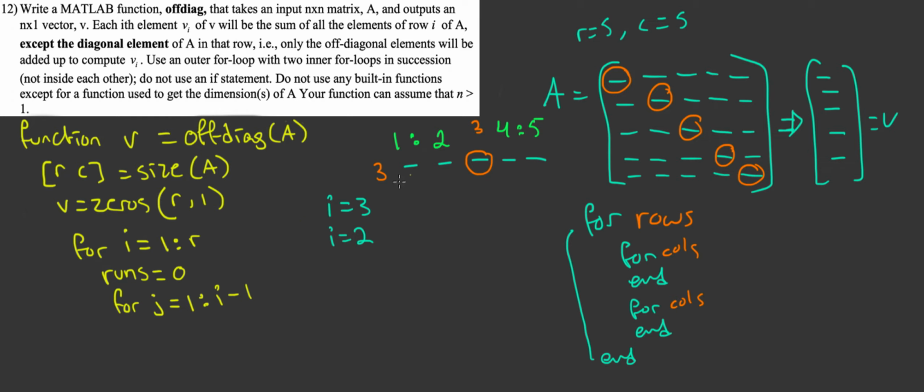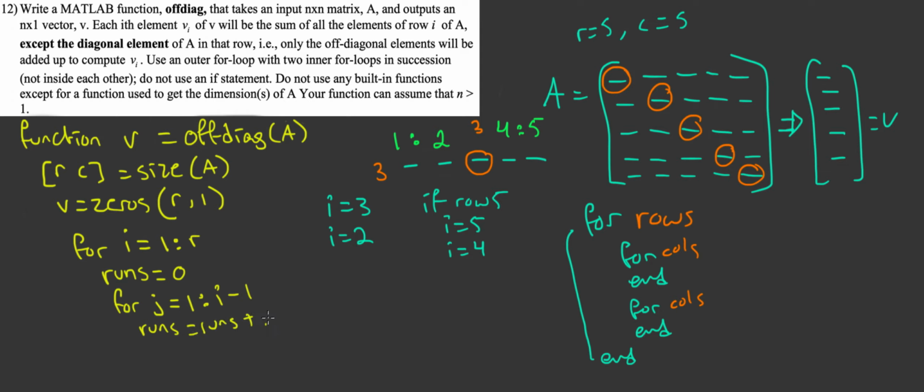So let's say another example. If we're on row 5, then I equals 5, then our diagonal is also on column 5, so we want to go to column 4. So I minus 1 will equal 4, and that will help us get there. So this works. Then we can say our runS, which is our running sum, equals runS plus,